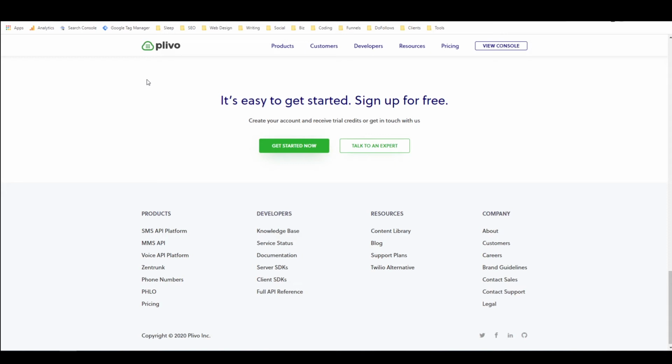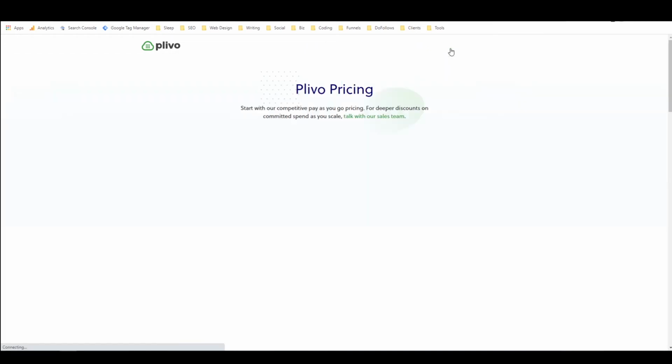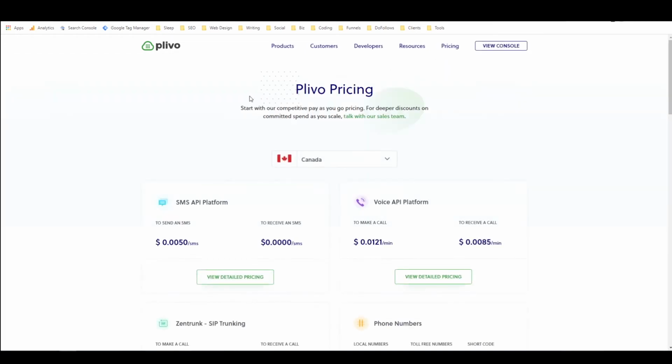In fact, based on the reviews that I've read, it does them better, and it's less expensive. And really, the only reason that Twilio can afford to be so much more expensive, I think, is just because it's so much more well known, and also because they're available in more countries. But if you're in Canada or the US or the UK or most countries, I think they have like 190 countries, then you can use Plivo, and you can use it to basically buy phone numbers, and it's super